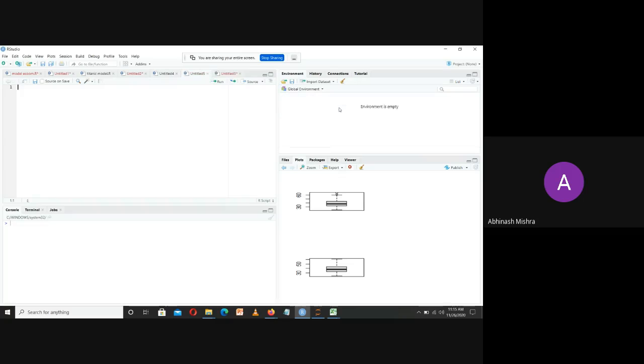At the upper right-hand part is the global environment, where any vectors or variables I define will be shown with the values they contain. And at the bottom right, you will find the graphs. Whatever I want to analyze or visualize, those graphs are available in my right window. So the main IDE of our programming is divided into four parts. The first part is called the editor window.